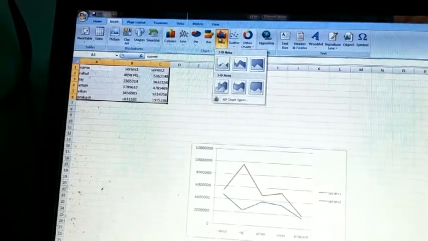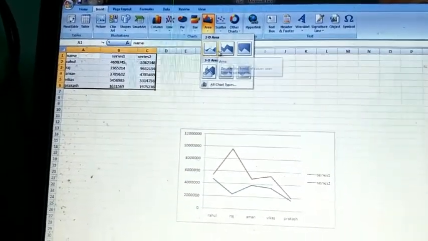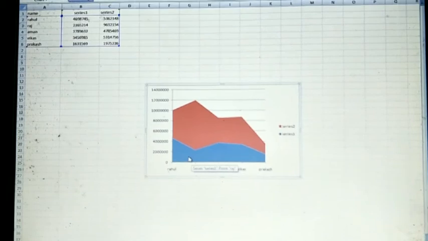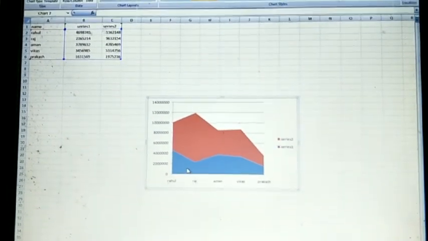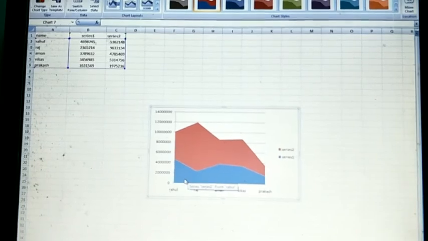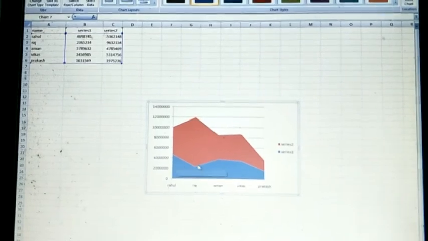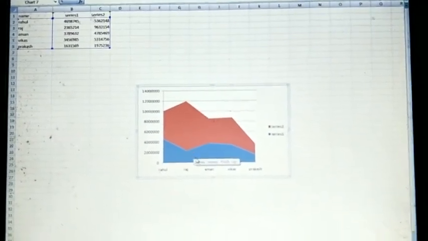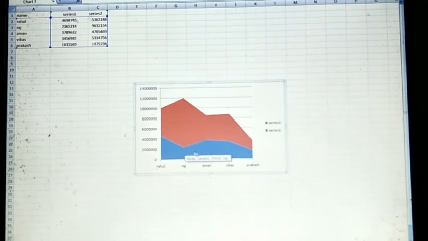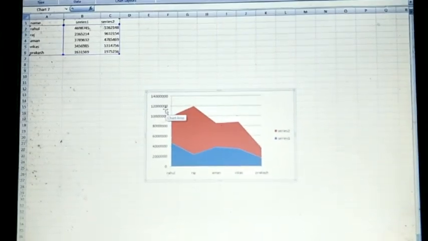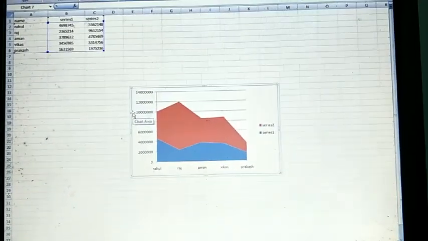Okay, and the difference between the line chart and area chart: click on the insert button, choose area chart. Okay, second option, not this one, this one. Okay, what you can see, area below the plotted line is filled to indicate the magnitude. Okay, that is the difference between line chart and area chart. Got it? So here all types of chart have been completed.